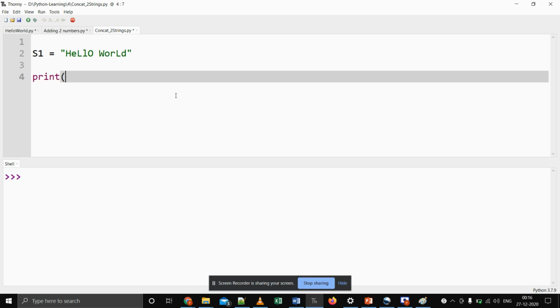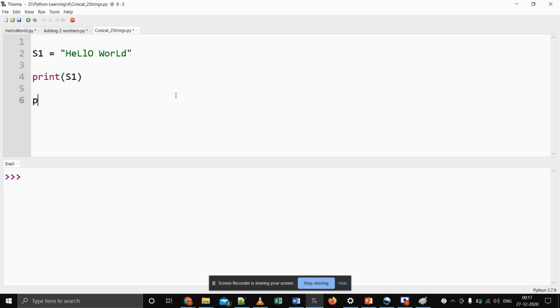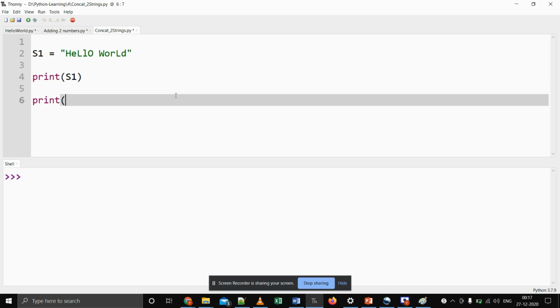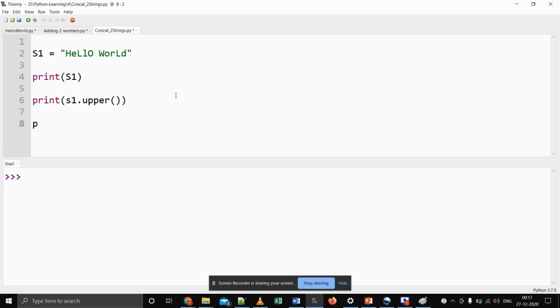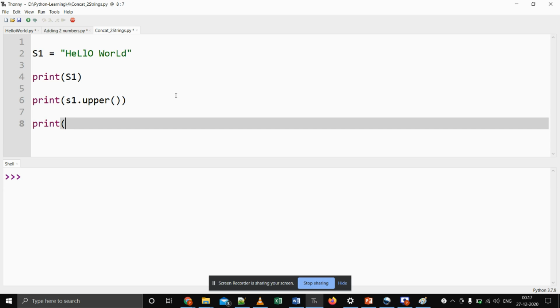So let's try to print this S1, and we will be printing next line with S1.upper() method, and the next line is supposed to be